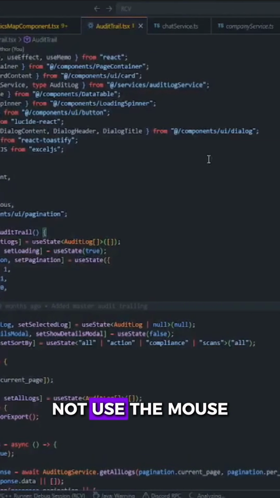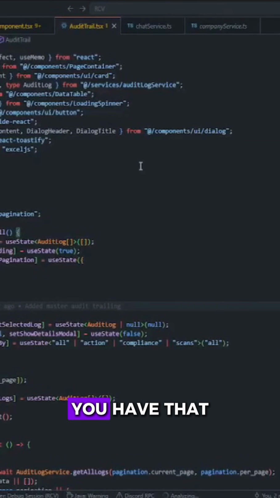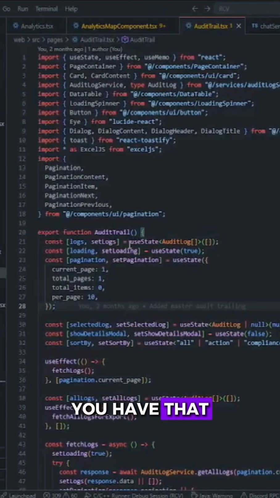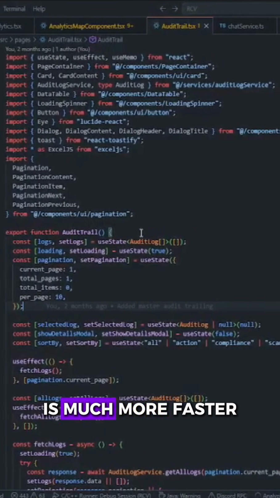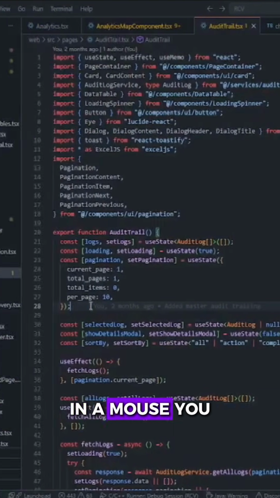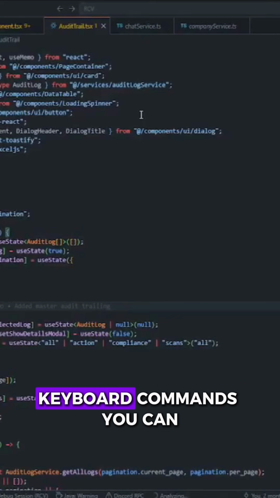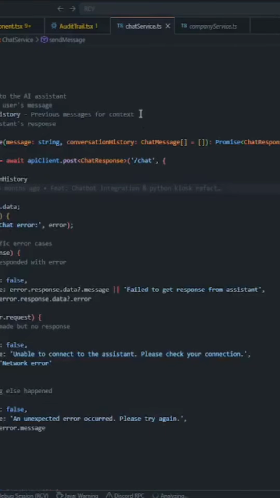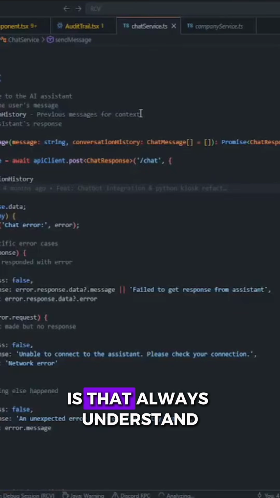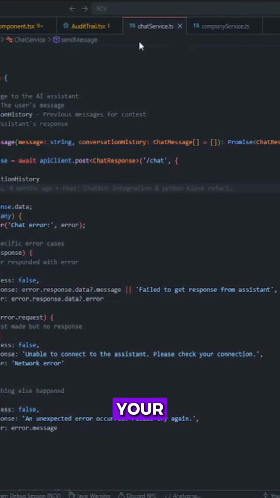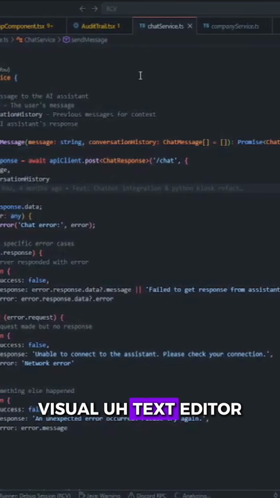the mouse. Every moment that you are not interacting with a mouse is much faster, because with a mouse you have to navigate to the top, but with keyboard commands you can just do Control-Tab. So I guess the essence of this video is that you should always understand your visual text editor or your IDE,